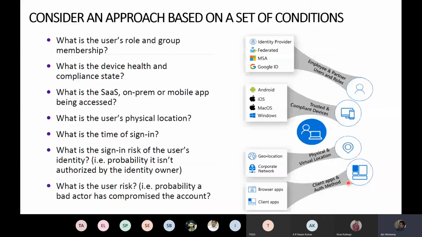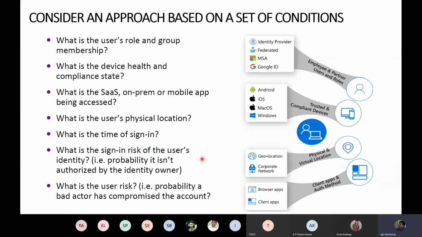So with Azure AD, you can bring in this conditional access. The first thing I probably want to see is what is the user's role? Who is he? Where is he? What is the device he's coming from? Healthy, not healthy? Which applications does he want to go to? Where is he coming from? If you're coming in from Ukraine or Russia or wherever it is, I won't want to allow that access, right? Maybe you have a time of day that you expect only those logins to happen.